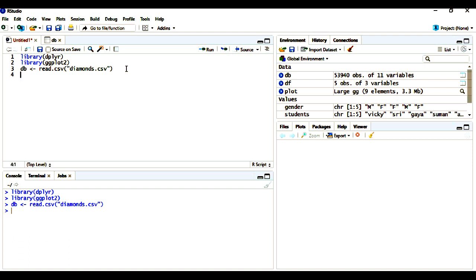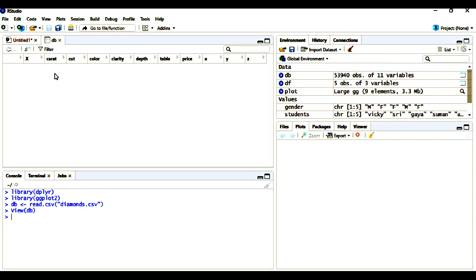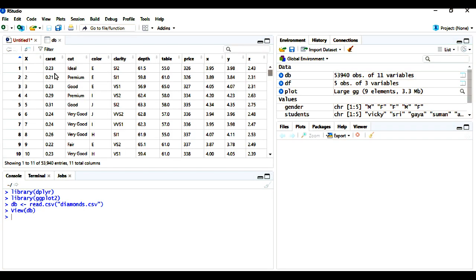Let's view the diamond dataset. View db. Because I stored the diamond dataset in the variable db, that's why I'm doing view db. Let's run this line. As you see, I got the diamond dataset.